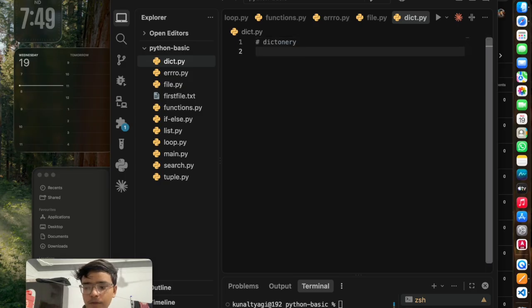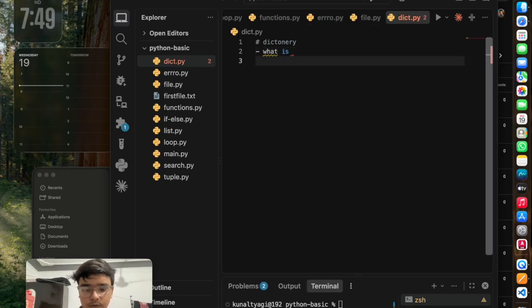What we are going to see in this video is how we can create a dictionary. First, the definition, which is what is a dictionary. Second, create. Third, accessing.